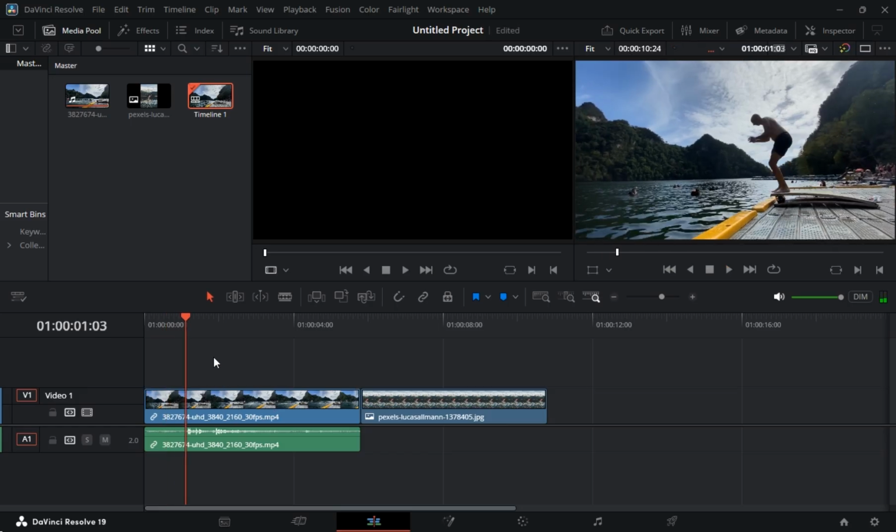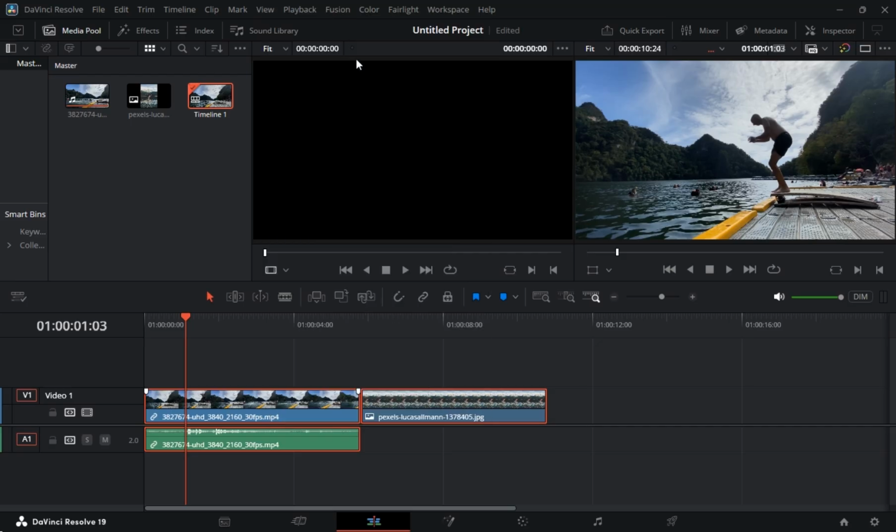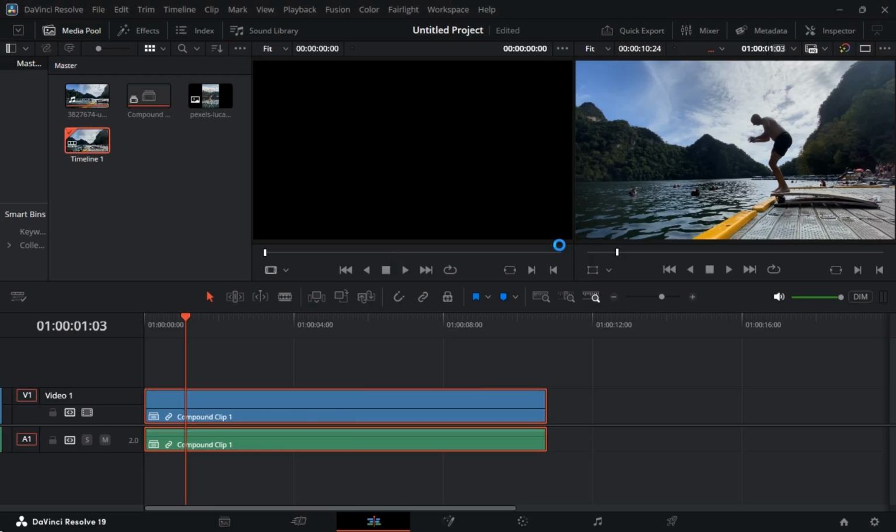To do this, drag to select all the clips you want to nest in your timeline. Then right-click on one of the selected clips and choose New Compound Clip. Give your compound clip a name, then click Create. Now all your selected clips have been combined into a compound clip, which works the same way as a nested